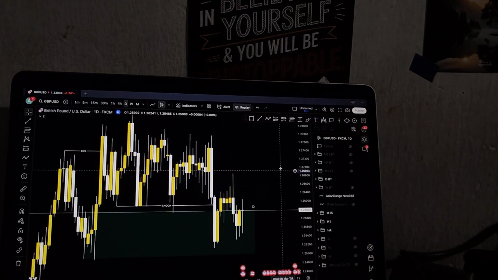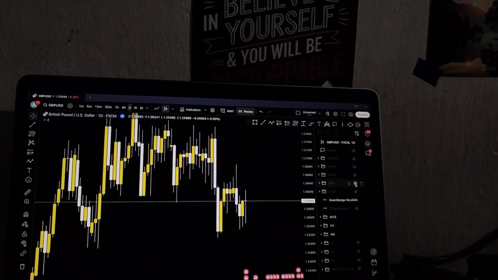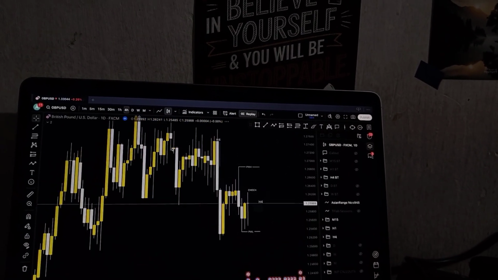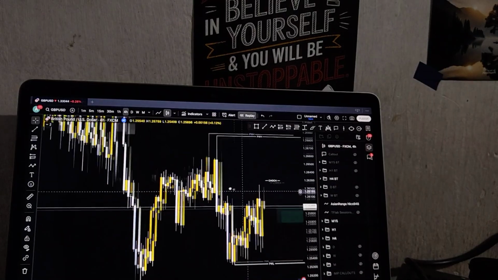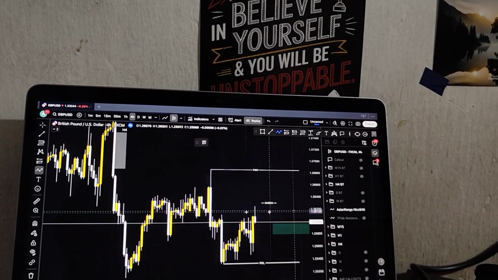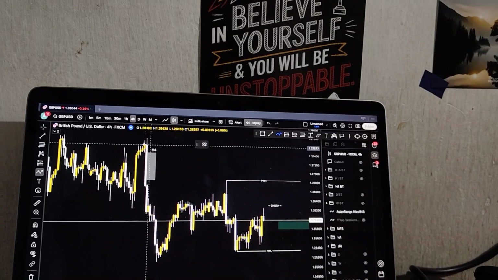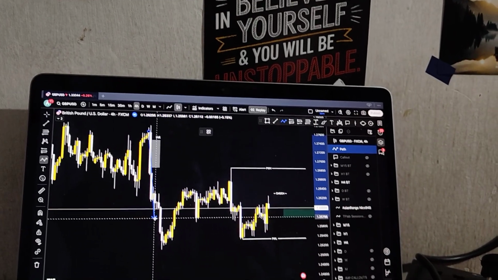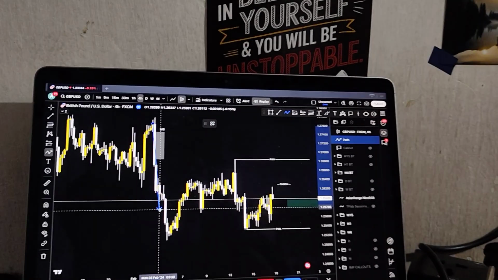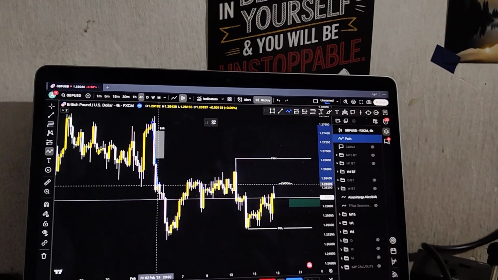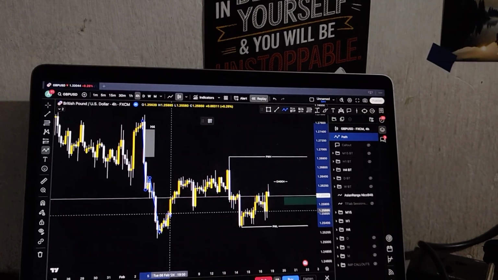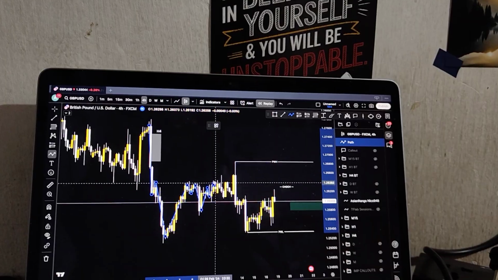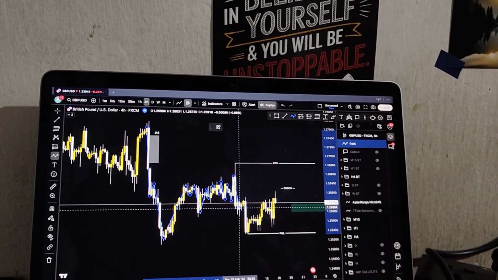So after deciding my weekly bias and my daily bias, I go to the 4-hourly time frame to mark my previous week highs, lows, and also to look for any market structure shift or any fair value gaps. It's the same sort of analysis in every single time frame, but every single time frame the same analysis determines different things because of the data and the importance that data consists, right?